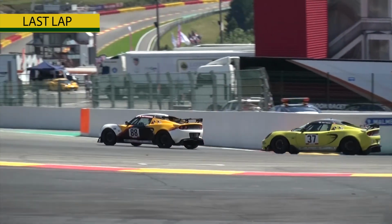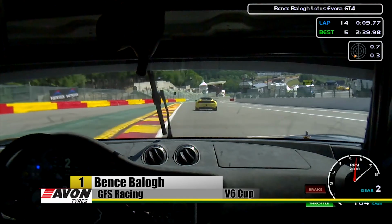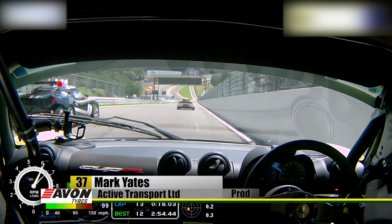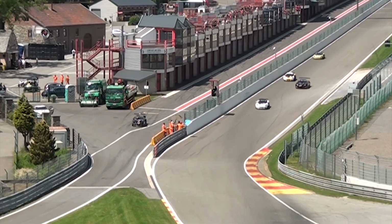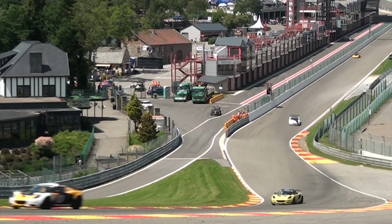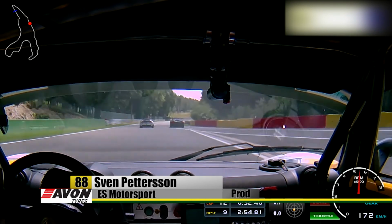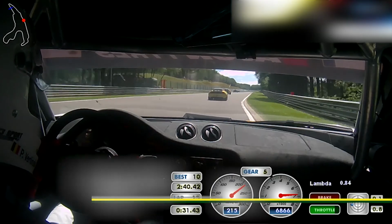Meanwhile, here is the production battle. Mark Yates in 3rd, busy chasing Sven Pettersson with Jean-Pierre Genoux-Prachet. Out front in the lead is Bence Baller, as he did on the previous race on the last lap, popping a lap on the leading production runners. He's got past 2nd and 3rd in class. I think he's done it slightly quicker as he kicks up the dirt, slightly quicker than he did in race number 1. It was later on in the last lap in race 1, but Bence Baller looking very good here